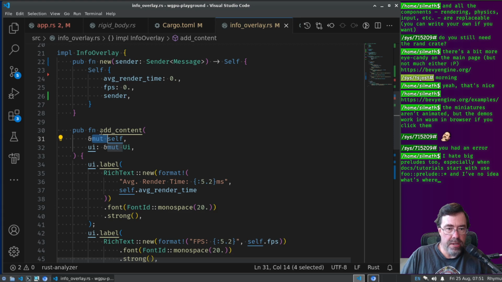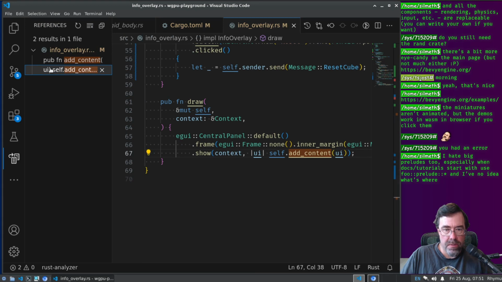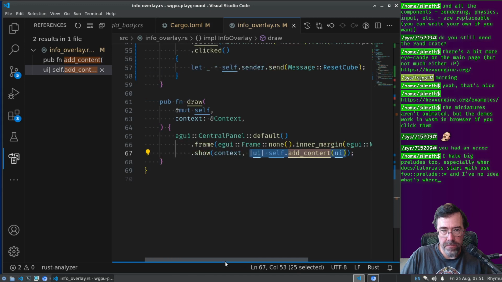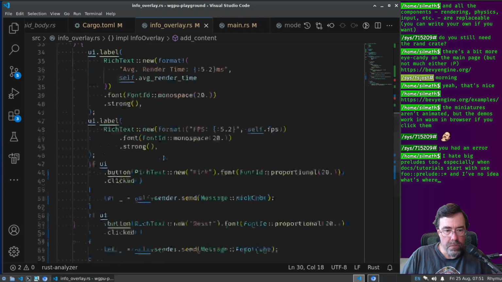Another thing I could do is add content can return something, right? Oh no, it can't, because we have to put it into a closure, and that closure can't capture self, can it? Because we're already borrowing self through that. It would be a borrow problem. All right. Anyway,